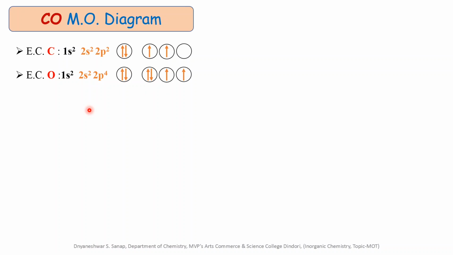Let us come to the drawing of the molecular orbital energy level diagram. For writing the molecular orbital diagram, we have to write the atomic orbitals of each combining atom in increasing order of energy, from lower energy towards higher energy. But when the molecule is unsymmetrical, like carbon monoxide, we have to write the electropositive element on the left hand side and the electronegative element on the right hand side in the molecular orbital energy level diagram. Out of carbon and oxygen, carbon is less electronegative than oxygen, and that's why we write the carbon atomic orbitals in increasing order of energy on the left hand side one by one.